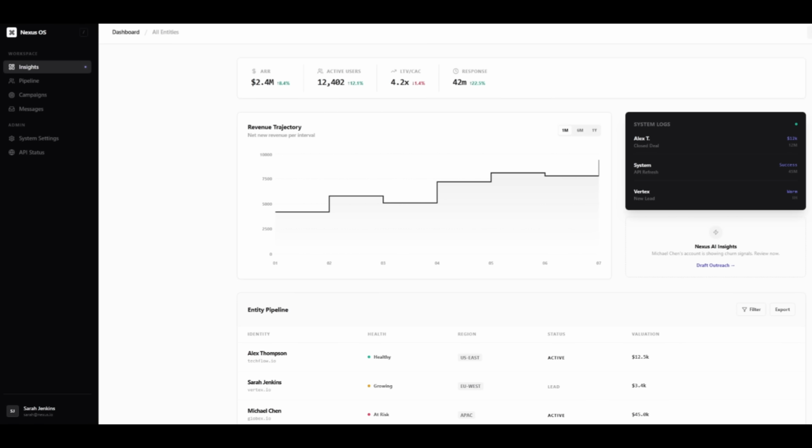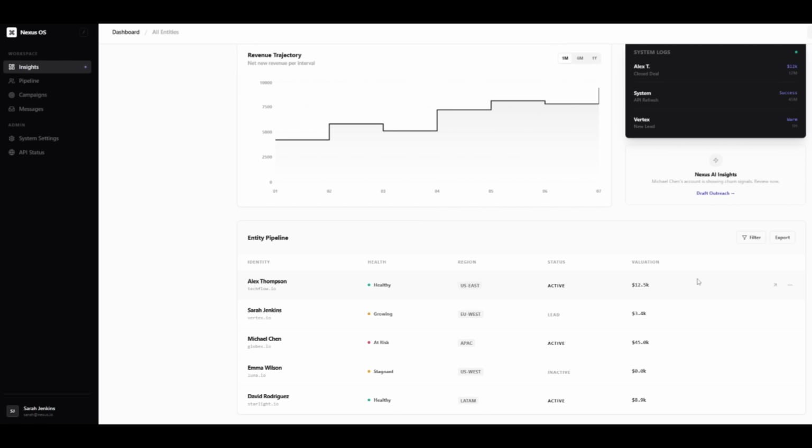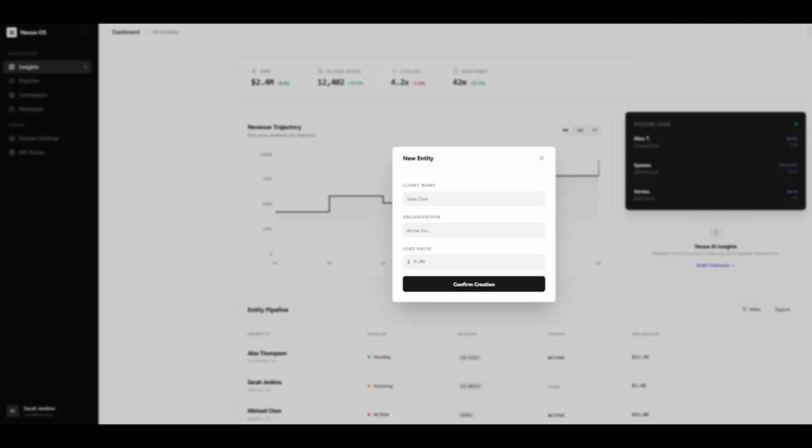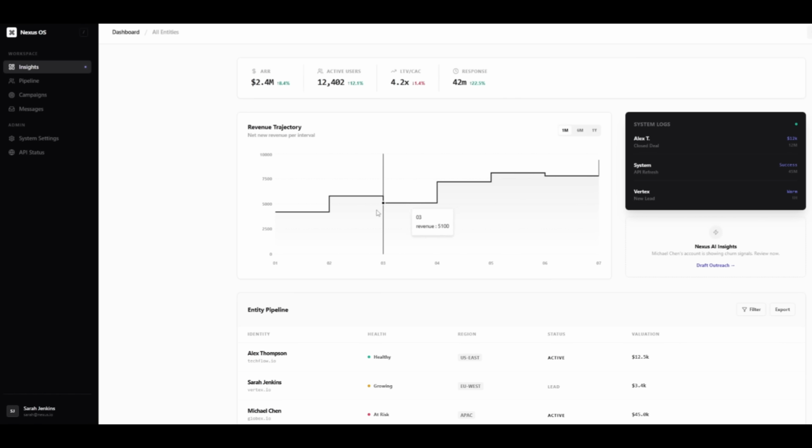And just like that, we have a beautiful CRM dashboard. Now, this is something that it did in approximately 5 minutes, and it was able to build out the front end and the back end for this. And it is a functional CRM dashboard as well. You have the ability to add new entities, new customers, and it is actually going to be able to make changes across all of these different components. This is something that it was able to build by leveraging OpenCode's capabilities as well as the Anti-Gravity